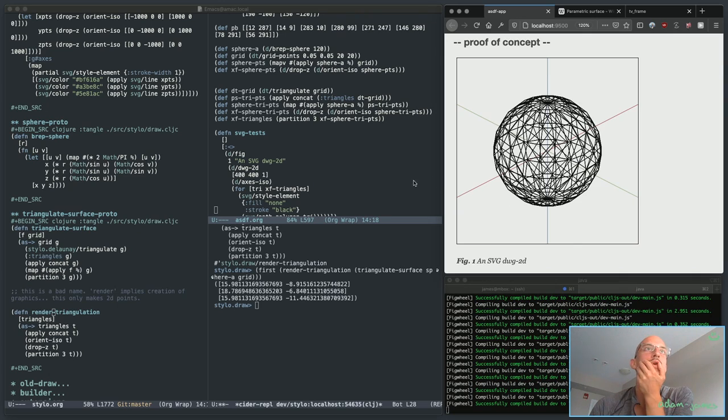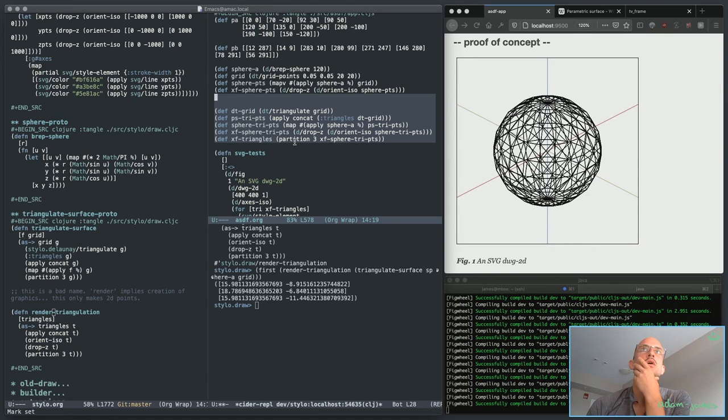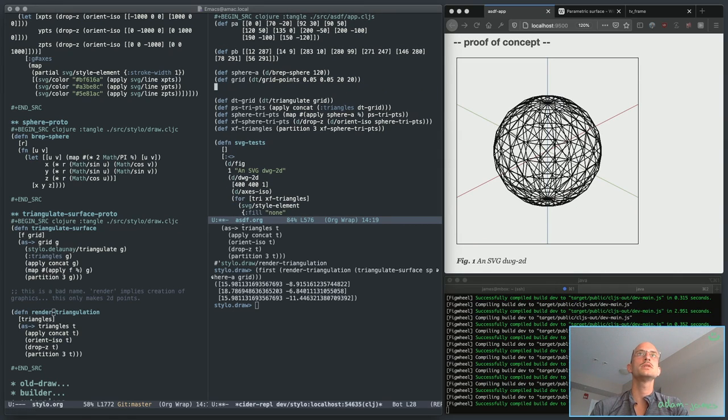Okay, what I want to do is get all of this cleaned right up. I should be able to delete these. I should also be able to